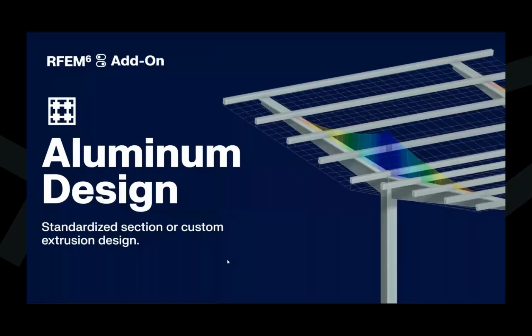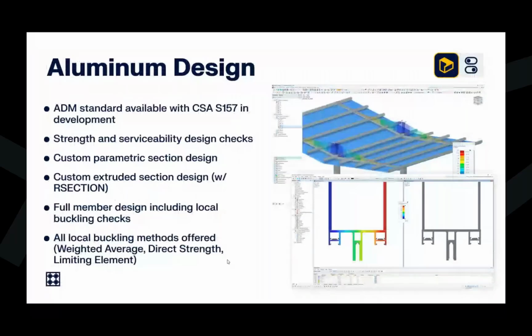Aluminum design is also possible in the program. So we can carry out the member design, not only of those standard sections, but custom extrusions is a very big topic when it comes to aluminum. So we currently have the ADM standard available and have for quite some time. We're also in the works, as we speak, with the CSA S157. So we want to release that within the coming months as well